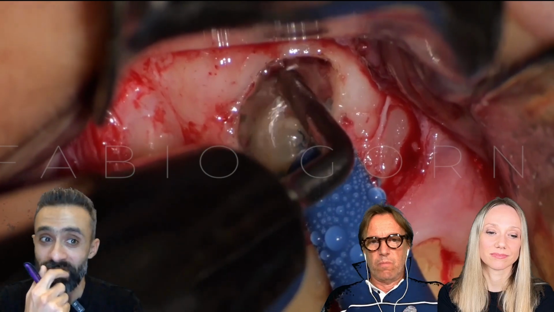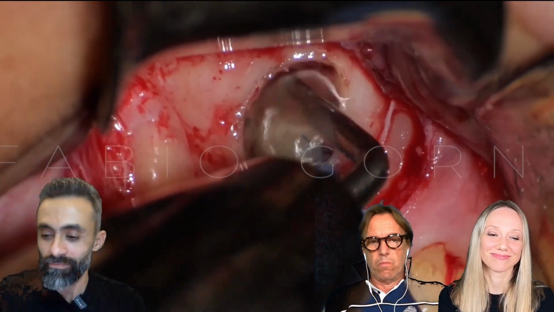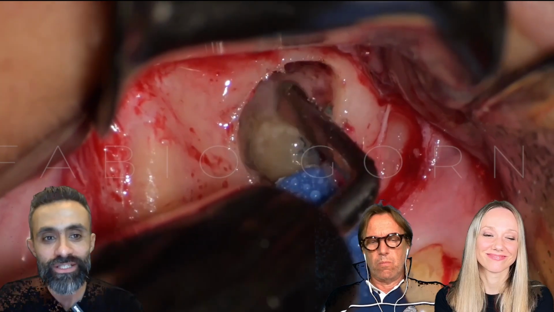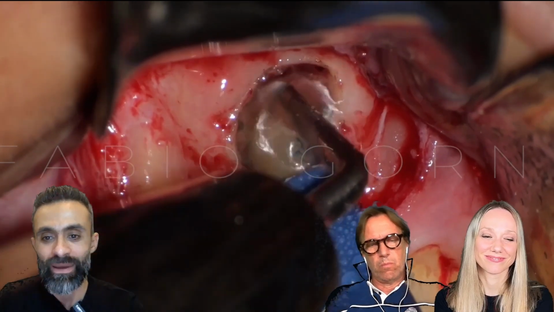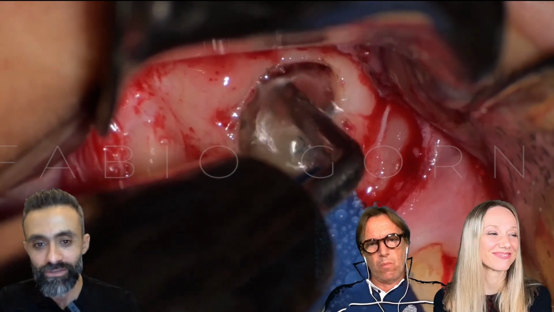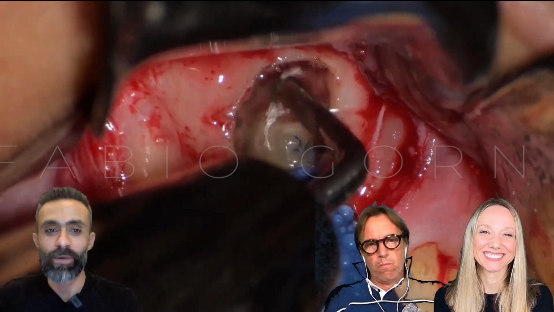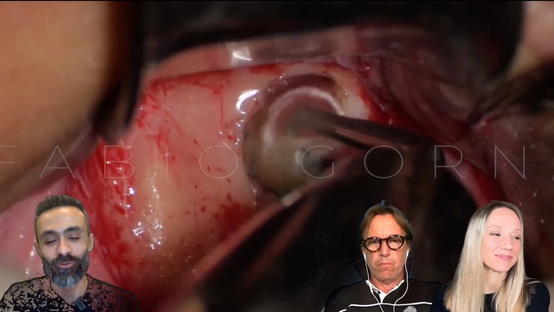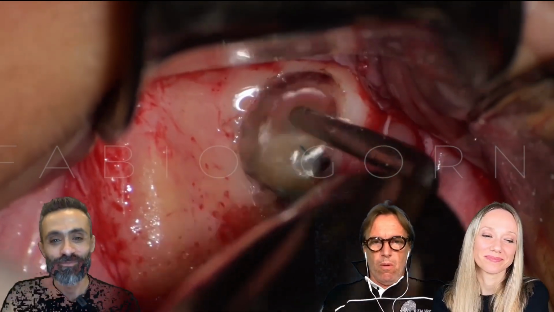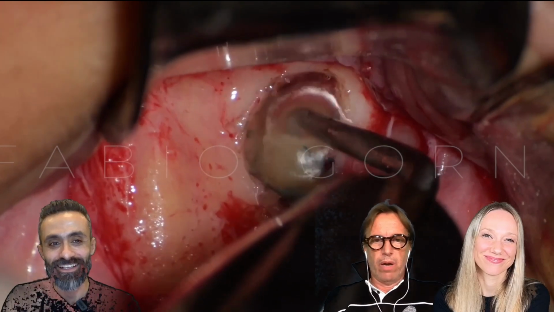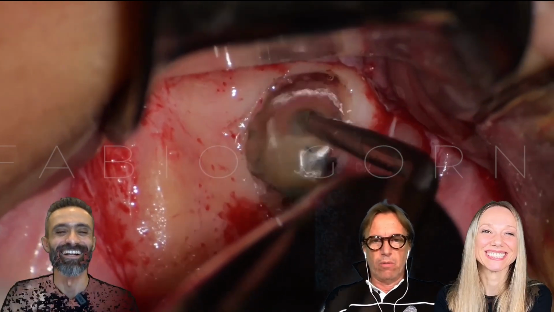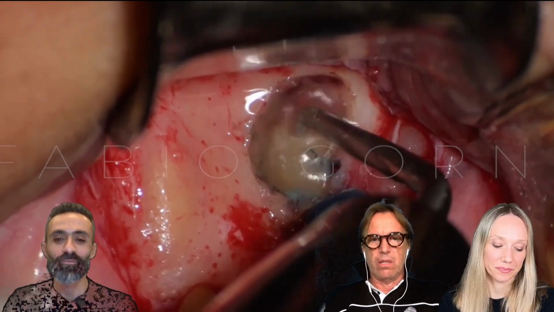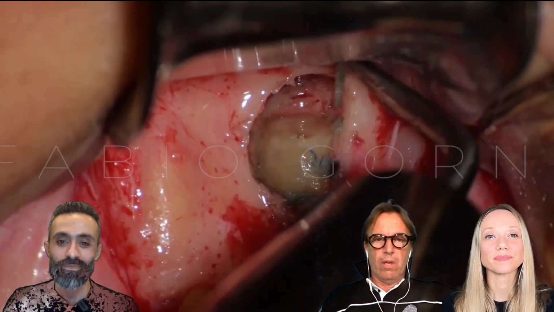So I'm seeing something here that I've long been waiting to ask about, which is bevel or no bevel. I know you have a different perspective about this issue, so maybe you can share this with our colleagues. We are ready to publish an article at the end of the year about more than 500 cases of bevel or no bevel.